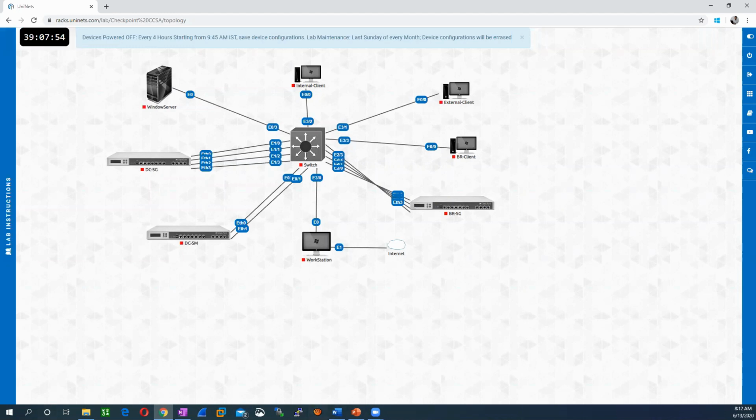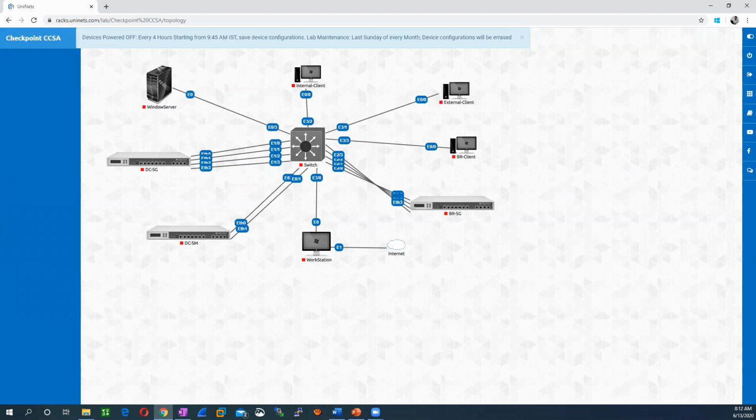In this lab, let me explain the devices. What are the devices we have? If you see this device, we will use it as a management server, the management system.